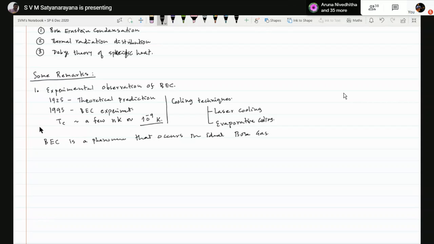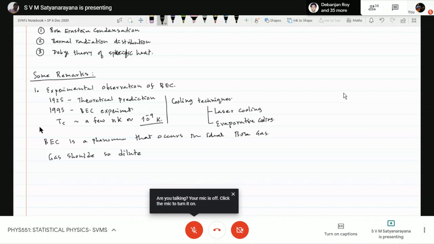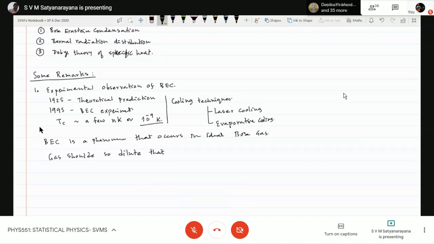That means you must keep the gas as gas, because if you decrease the temperature, the gas becomes liquid and liquid becomes solid and so on. You have to avoid that. So the gas should be so dilute and pure,